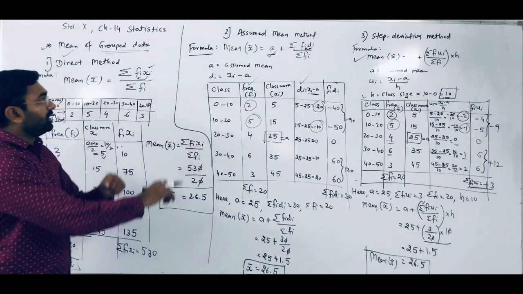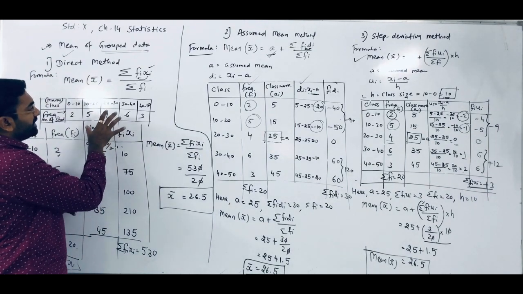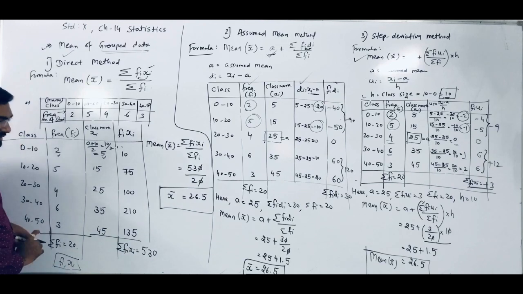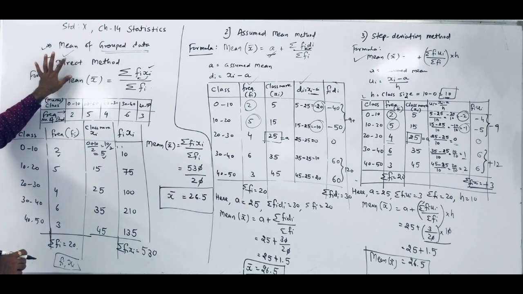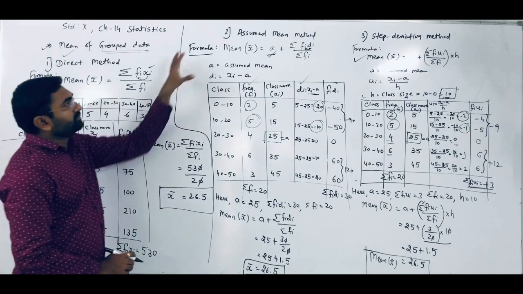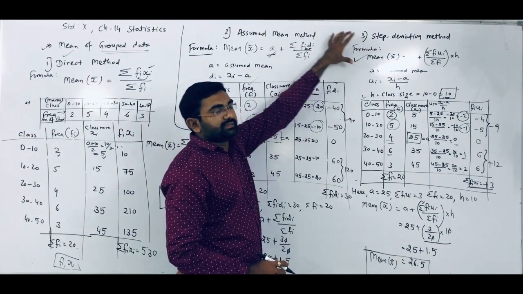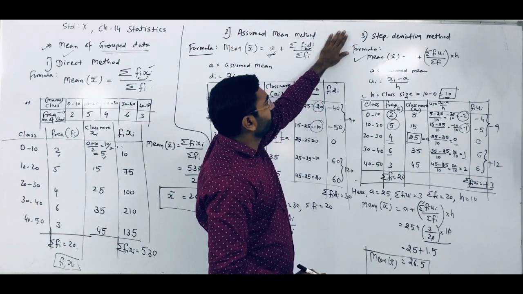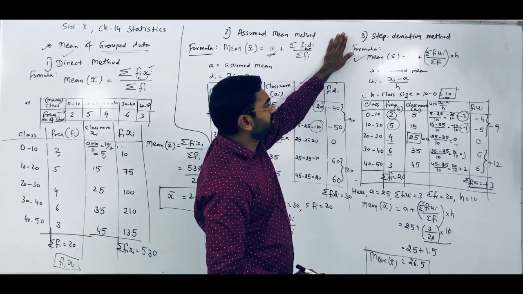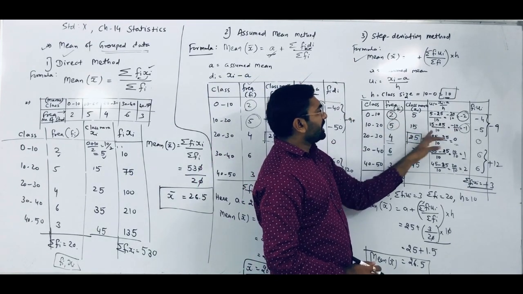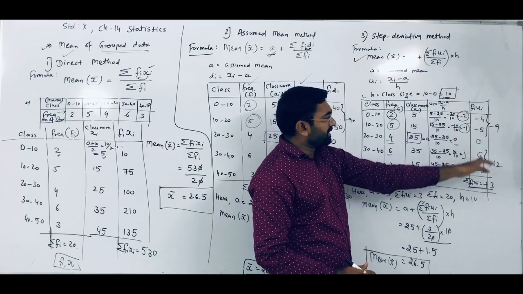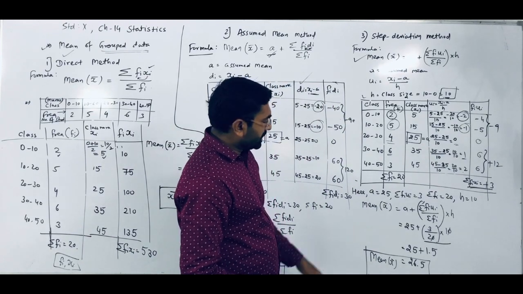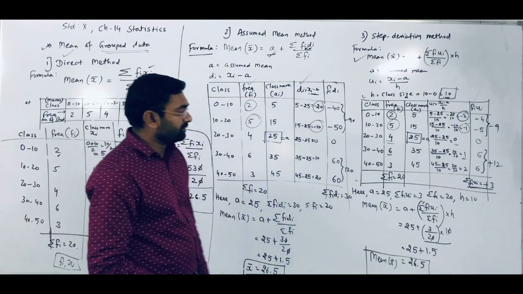Another thing, as I told you: when we have to apply the direct method, if smaller values of fi and xi are given, then we have to use the direct method. Otherwise, it will take too much time. Right? If the data given is very large, then you have to use the assumed mean method or the step deviation method. Most probably we have to use the step deviation method because its observations become very small, and its multiplication becomes very small, so its addition can also be found easily, and that's why we can easily get the mean value.